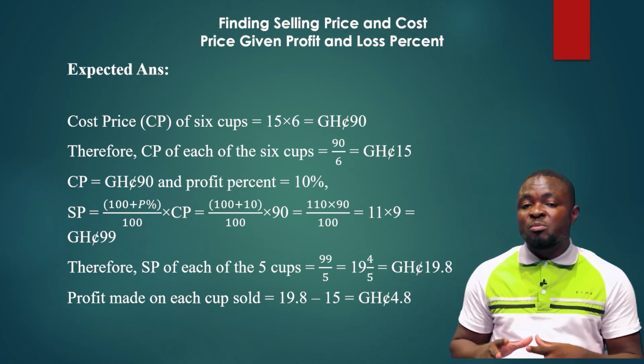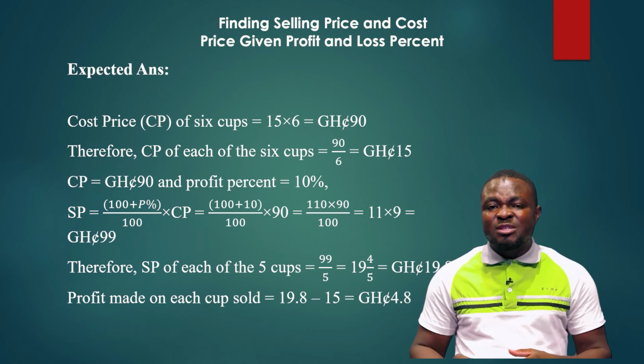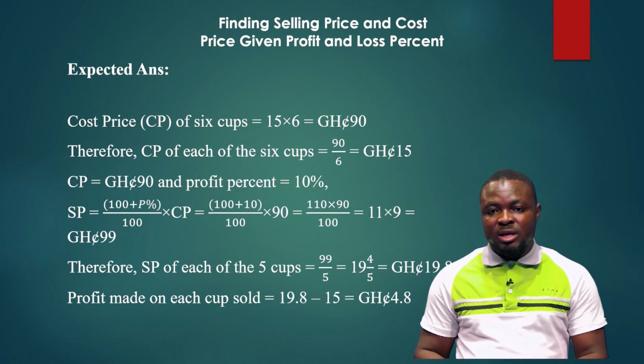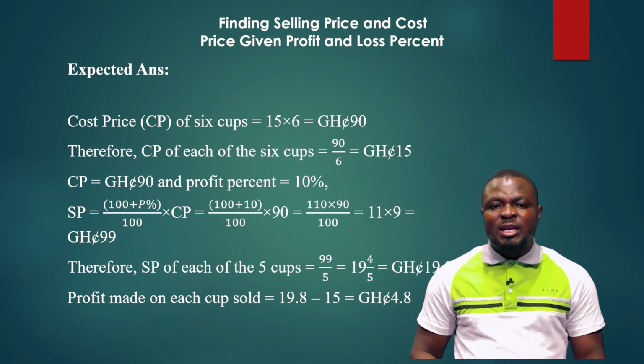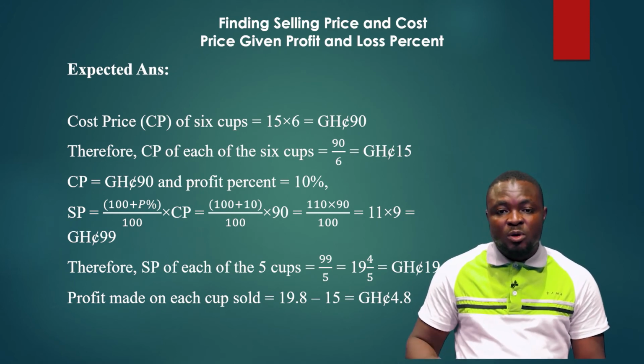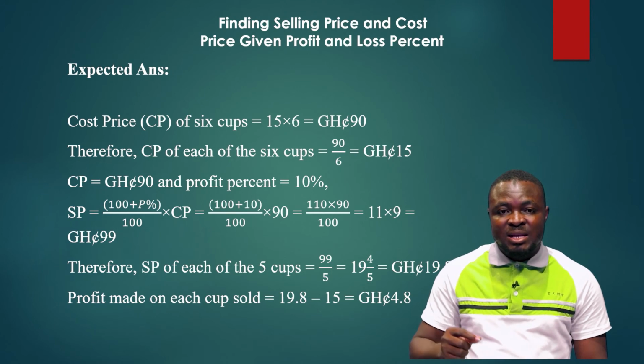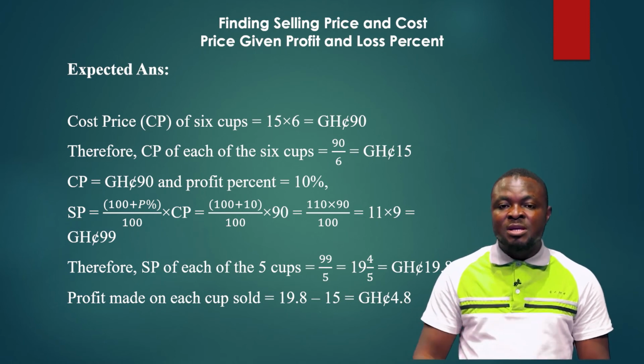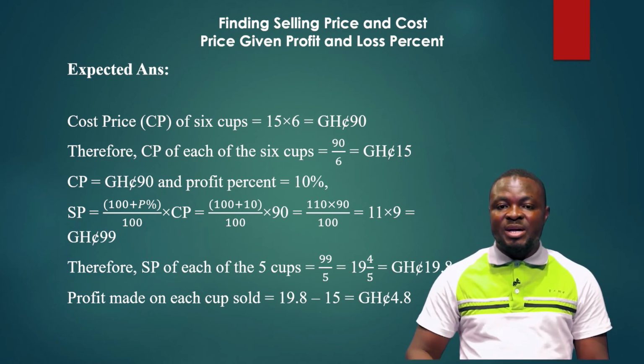So based on the information we have, the selling price for the 5 cups, remember one of the cups is broken, will be 99 Ghana cedis. Now the question did not ask us to find the overall selling price. It says find the selling price of each of the 5 cups. So knowing the selling price of the 5 cups, you find the simple average by dividing 99 Ghana cedis by 5,